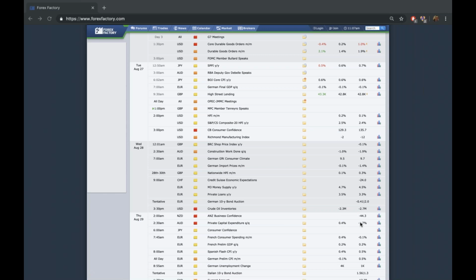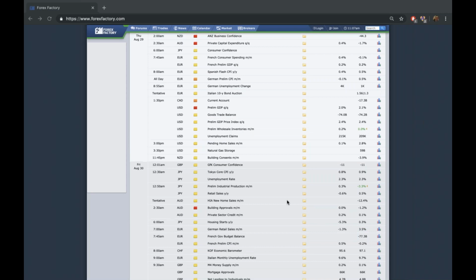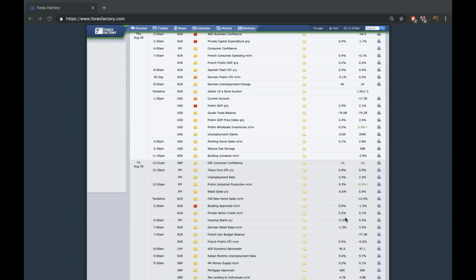Okay, well, that's a lot better than last week's reading. So we're seeing potentially a stronger reading. So you think, going into this event, say you had Australian dollar new home sales, building approvals. Look, you've got building approvals up as well, private sector credit up a little bit. So you put that